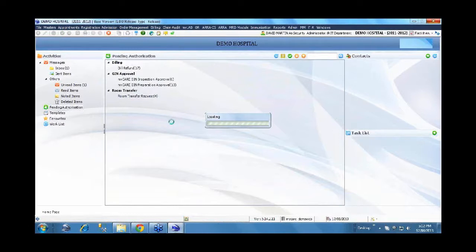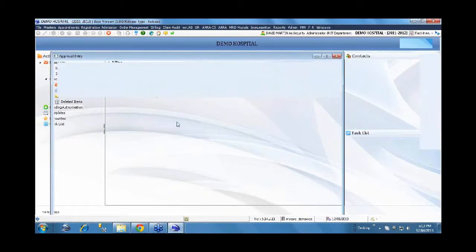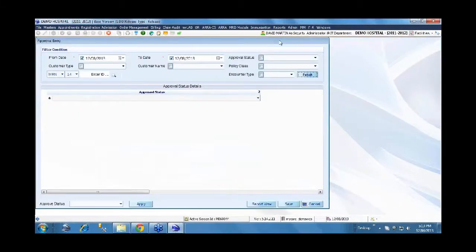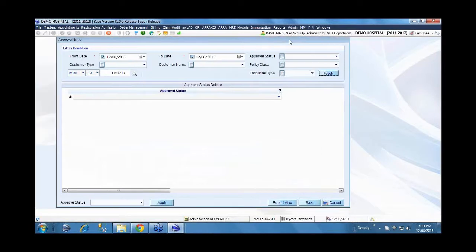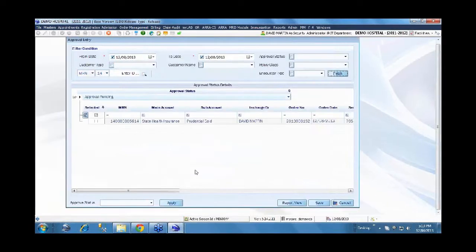In many cases, before the patient even goes to the respective department to avail the service, the approval would come and the approval information would be captured. By the time he walks into the department, the system will know that an approval is already received and it will apply.